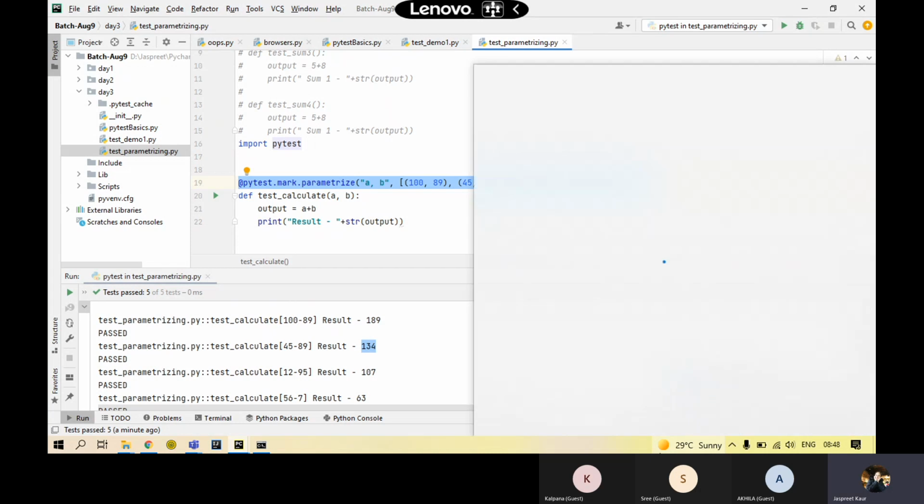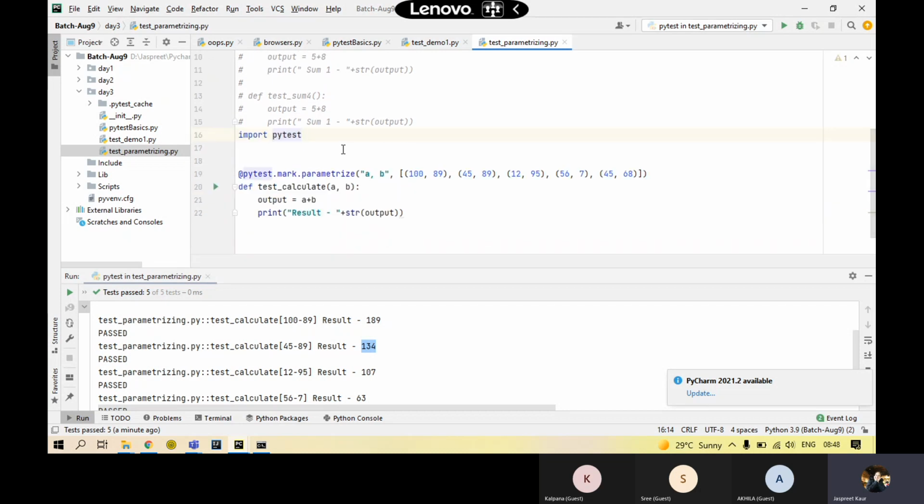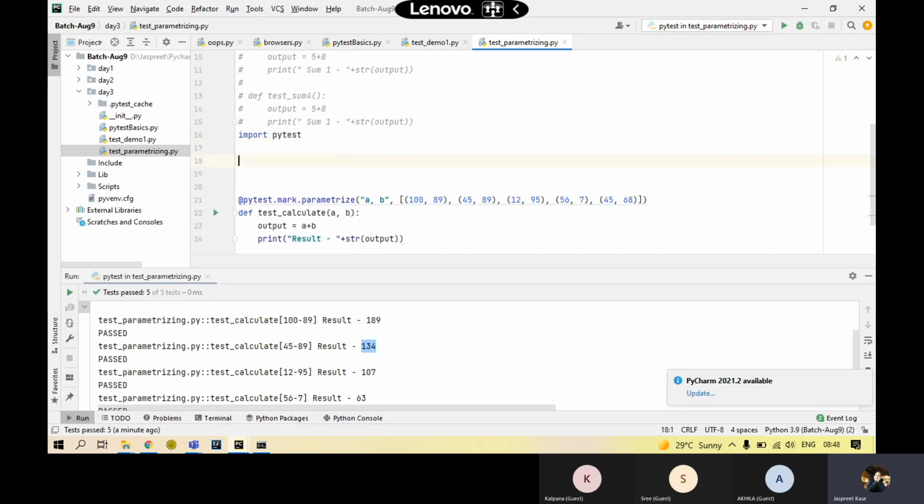Now, the question arises: what if some error happens in the test case? How is it going to show, right? How am I going to detect what the correct result is, whether I'm getting the right output or not, right? So for that, we have a different keyword to check whether the output being calculated is the same as the expected one. We are expecting 100 plus 89 as 189. But what if we are calculating it wrong? We are saying 190, but output is 189. How are we going to compare?